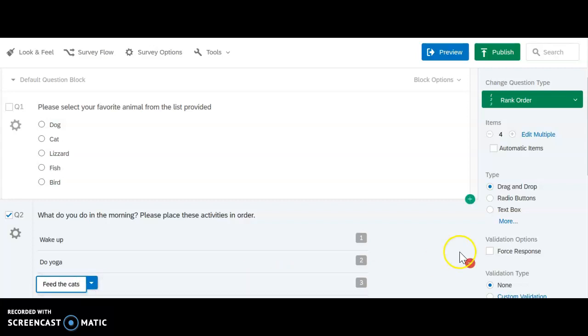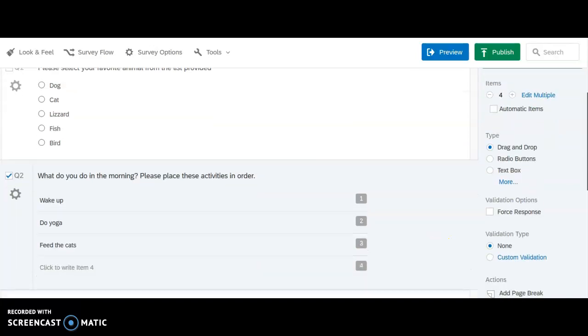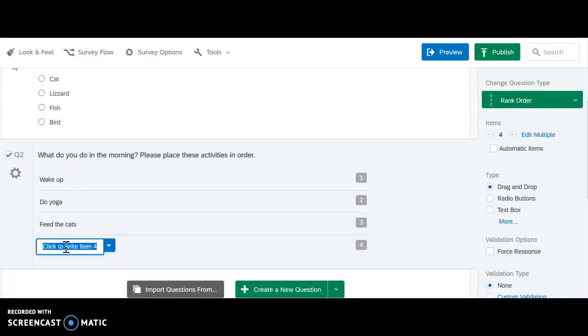Of course, I understand not everyone's going to be doing that, but this is what my morning looks like usually. And then we're going to put drink some coffee here, right? So that's going to be our 4 different things that they're going to be able